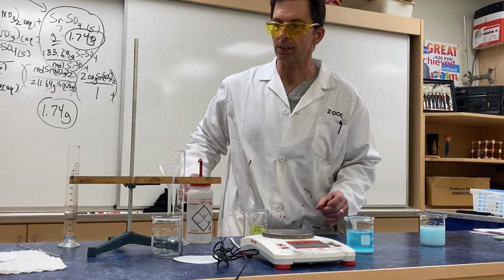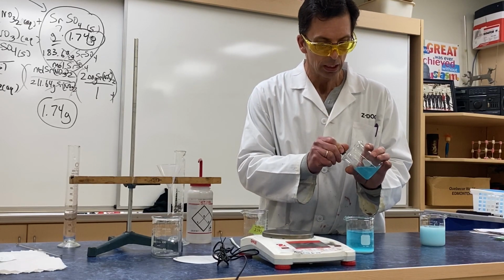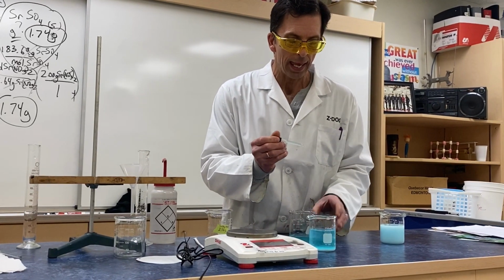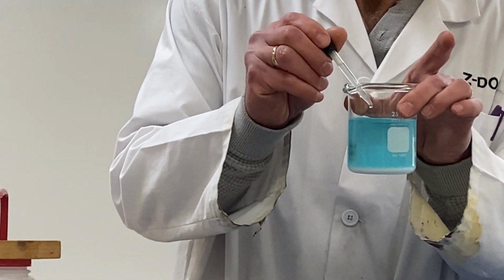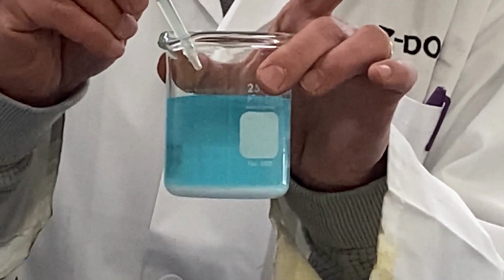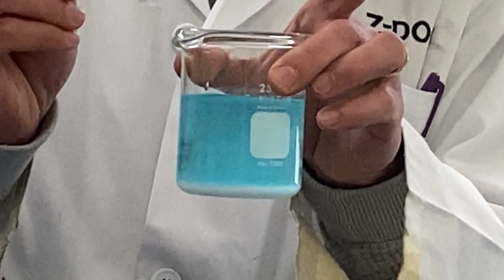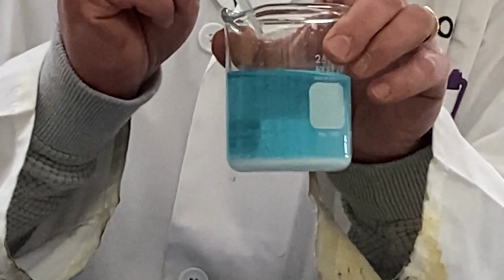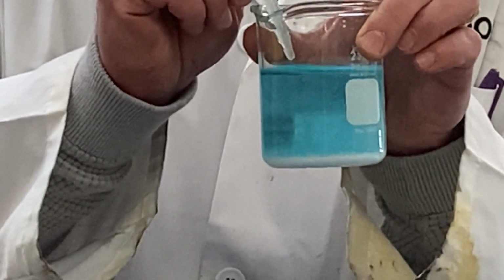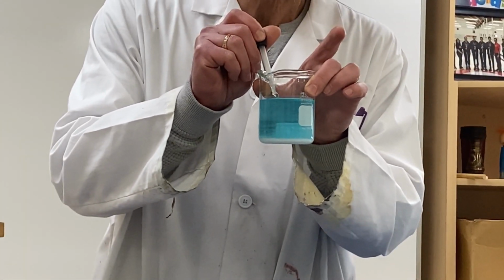An additional technique is called precipitation completion, where you take additional excess reagent and, with a medicine dropper, you add it carefully, drop by drop, to your solution, and you're looking for the formation of additional precipitate. So if the reaction was incomplete, we would see white precipitate form here at the top, at the interface between the 2 solutions. However, you can see that